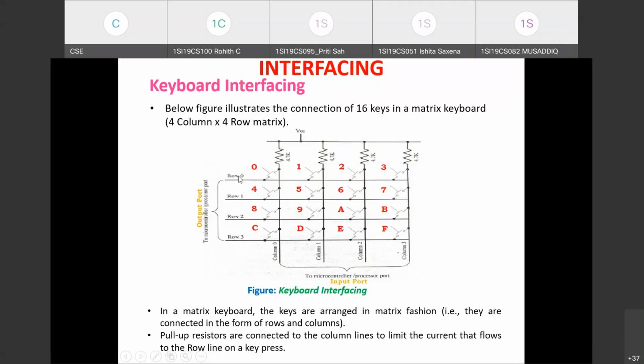Once the key press is detected, if you are connecting it to an LCD, you can display which key is being pressed, or else you can indicate it through the logic controller. The key status you can display through LEDs on the logic controller. It depends on your requirement, how you want to check the output. But what you are seeing here is the working of a matrix keyboard, and how we can interface a matrix keyboard to the microcontroller. As an example, for a 4x4 keyboard with 16 keys, we have discussed how the scanning technique is used in the keyboard to detect the keys.